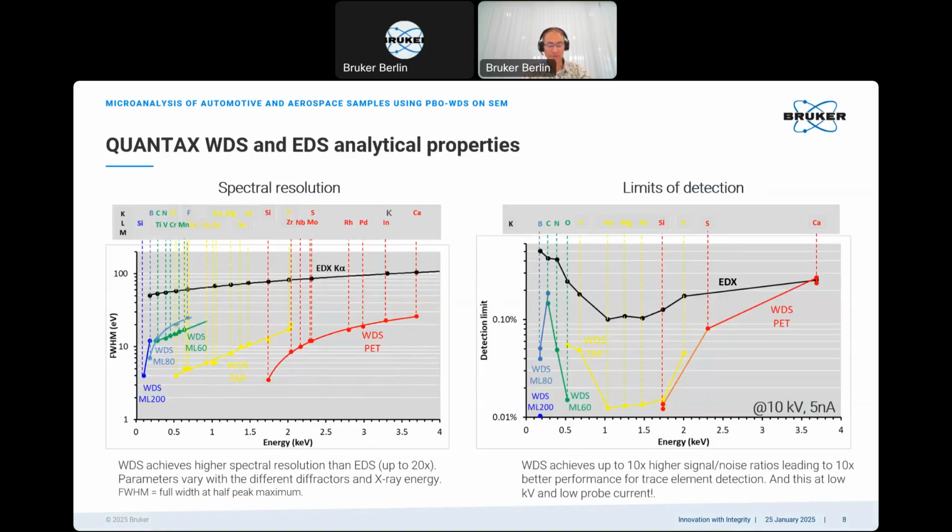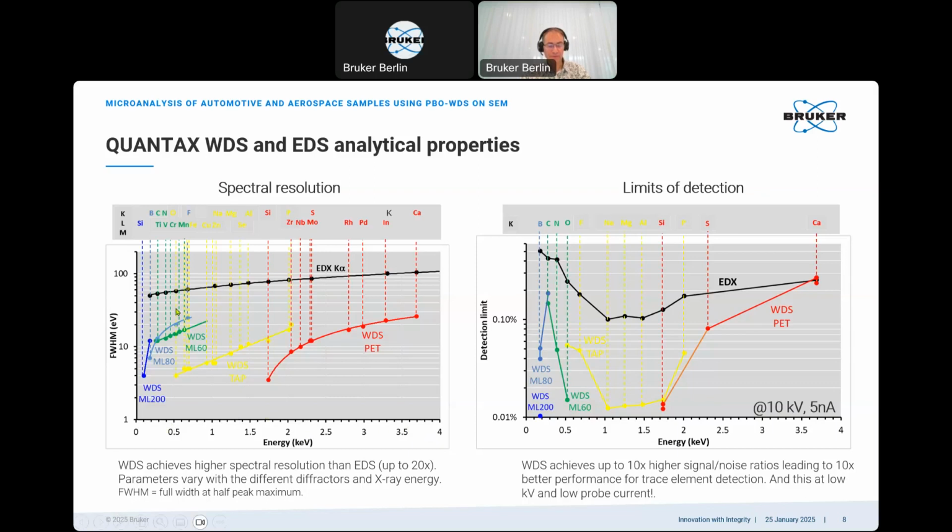So what is the advantage of WDS? The answer is shown here with the properties. First of all, on the left side, spectral resolution. The measure is the full width at half peak maximum, or simply the peak width. At the given energy range between 100 electron volts and 4 keV,